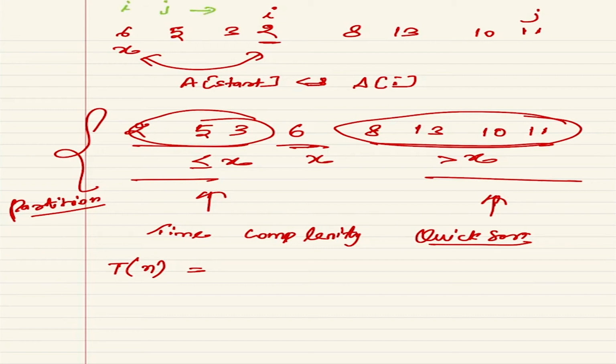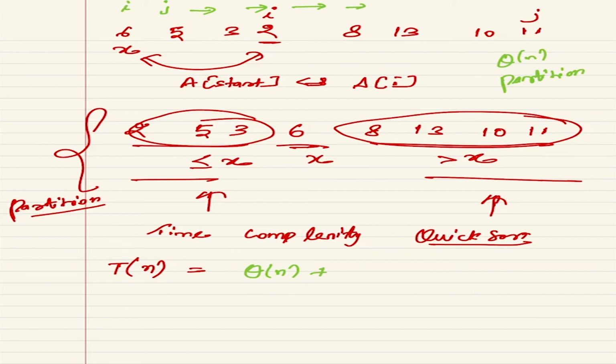Every time we are moving j by 1, except when we find something less than or equal to x, at that time we swap, but we swap only once. So that means at most we will move n times and do n swaps. So the complexity will remain theta n time for partition. So there is a theta n in complexity, plus